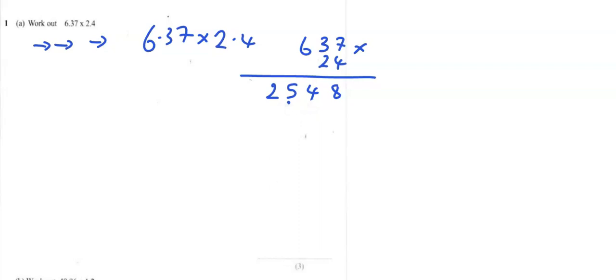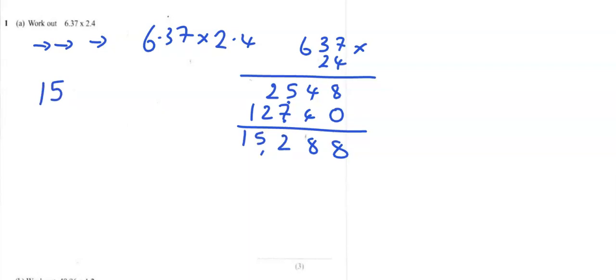And now I have to put the 0 down. And I have 2 times 7 is 14. 2 times 3 is 6 plus 1 is 7. And 2 times 6 is 12. So that's 8, 8, 2, 5, 1. So the digits I have obtained are